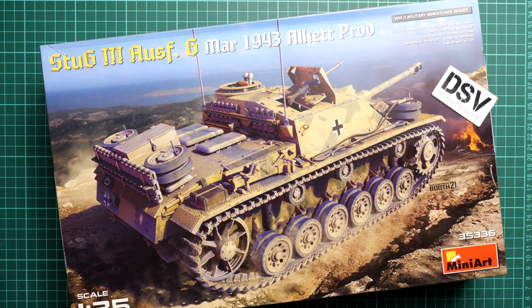Hello everyone, today we have a new video review, and as you can see, this time we are going to talk about a fresh release from Miniart. It's StuG III Ausf.G from March 1943. As you can see, this vehicle comes from the Alkett production series, and we have it in 1/35 scale, and